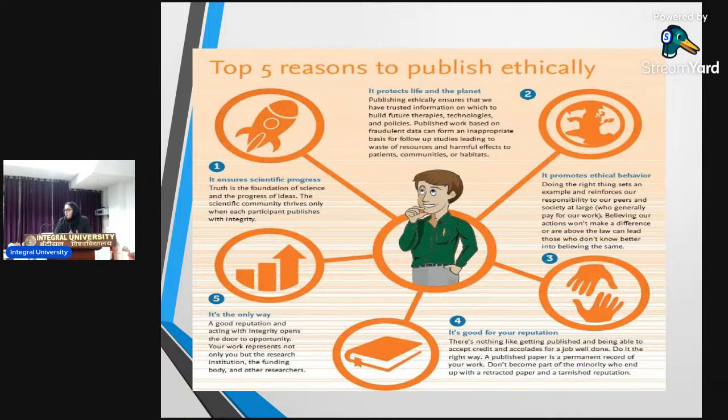You cannot just go about blabbering about your volunteers with everybody. You have to respect their confidentiality. You have to respect their dignity. Being ethical in research is the only way. Remember it. Write it down in your notebooks. Etch it in your mind that this is the only way. Please do not go for shortcuts, right? Because that shortcut is going to catch you at some point of time.